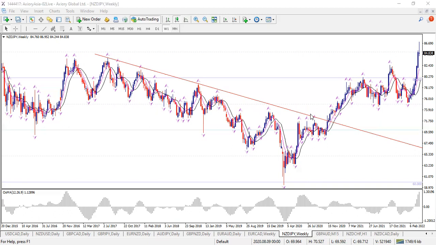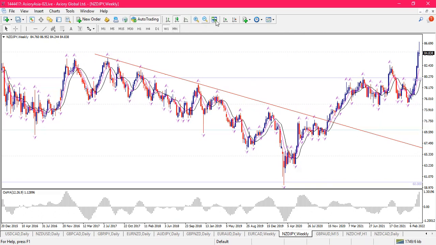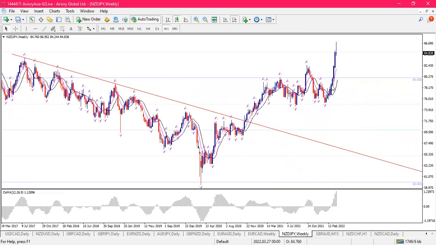The first currency pair we're going to be looking at is NZDJPY, and right here we are on the weekly chart. Here we can see what is going on. For some weeks now, price has been on a move up, and we also see that there was a break above the 80